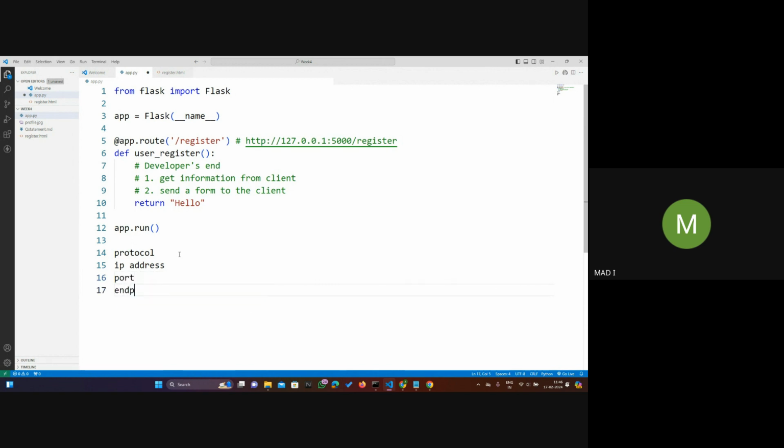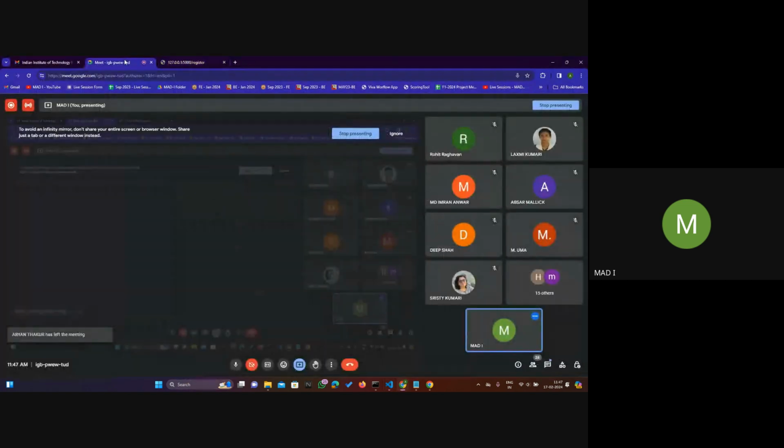And then there is the endpoint. And there is something called query parameters, which we will come to later. So this is, in general, the breakdown of a URL. Okay, so the protocol: when you are developing,